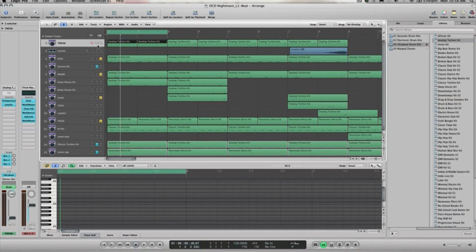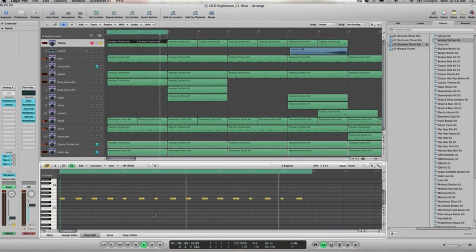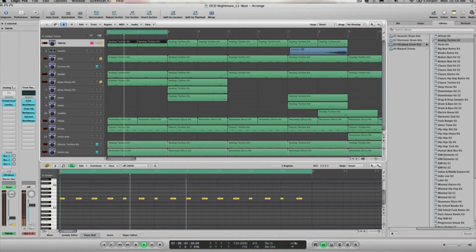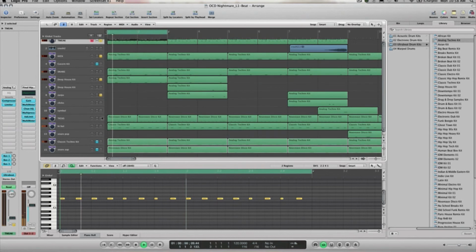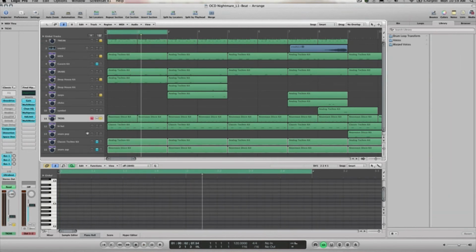There's also this tweak sound that I got in the Analog Techno Kit. I'll show you what that sounds like. Turn all these off. And since it's OCD Nightmare, I wanted to add a little sound that's kind of eerie and, I don't know, spooky sounding. Well, basically it's just repeating the beat pretty much. I'll get into a little more of it later, but this will conclude the beat section,